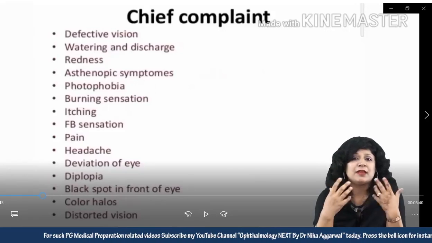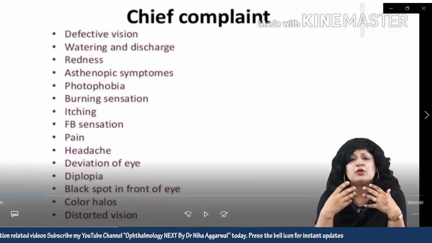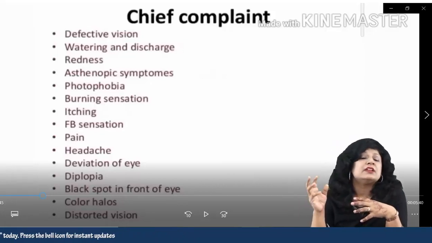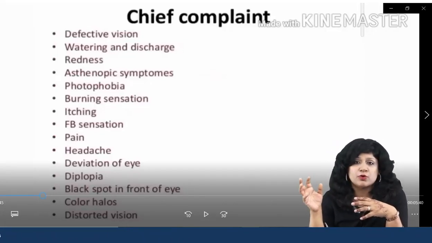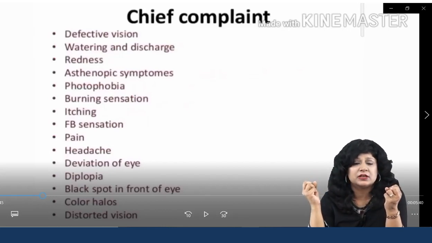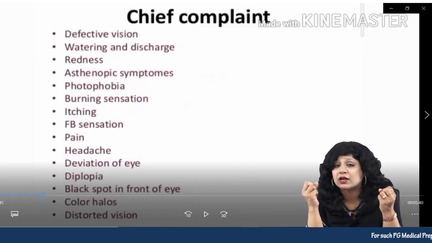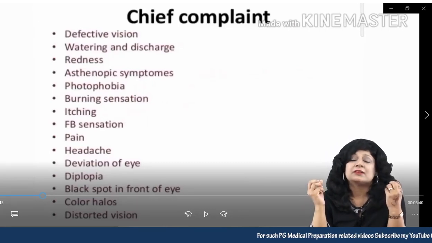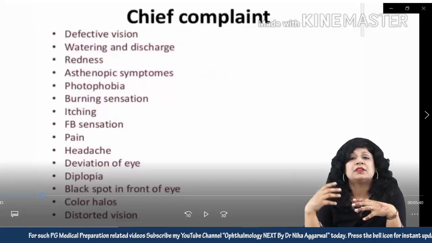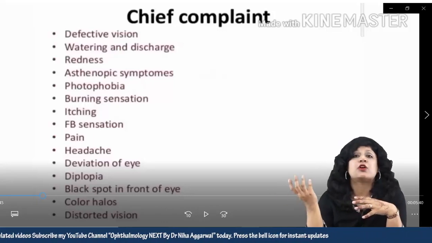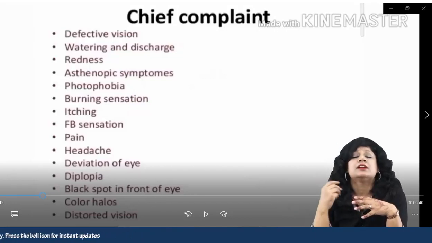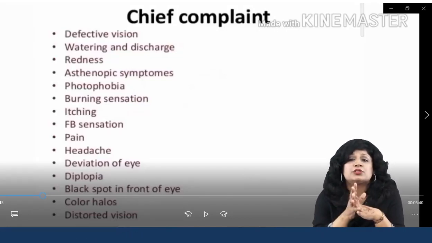Then photophobia. Now photophobia is the fear of light. That is actually a painful sensation. So more often than not, if there is a corneal involvement, there is usually photophobia. So if the patient is saying that yes, I do get some painful sensations when I go in the light, then that means there's photophobia. Look for the corneal involvement. Maybe it's a keratitis. If it's a trauma, it could be sympathetic ophthalmitis. It could be congenital glaucoma in small children, so it could be there.